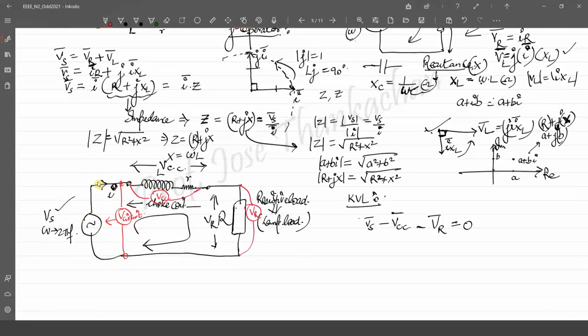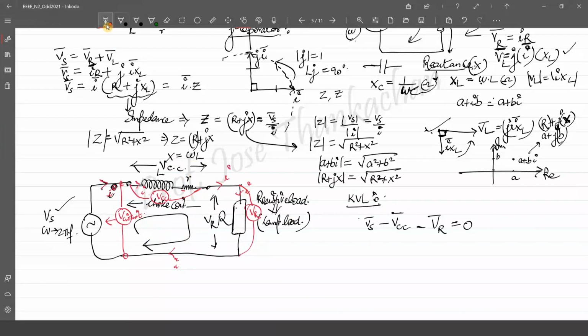What is the current flowing through these paths, since all these components are in series? So this is the current I. The same current I flows through this, because they all are in series. Same current flows through this I, same current flows through this I, and so on. Back to the circuit here, they are in series, isn't it? So for this whole circuit and the individual coil, let us see how to write down the impedance value.